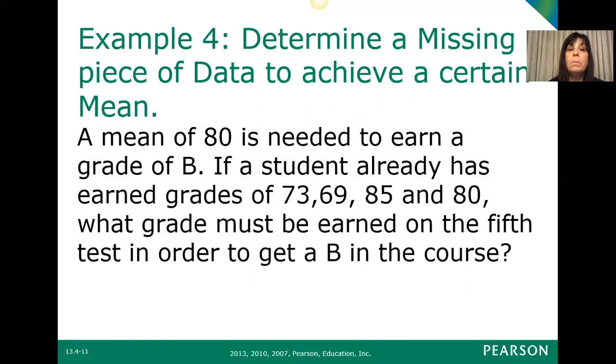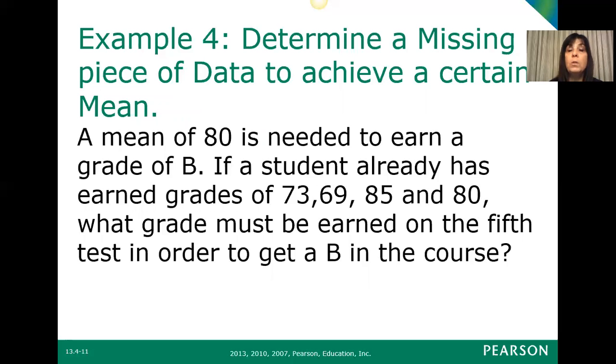Now, one other problem that's a little bit more difficult is what if you want to earn a certain mean? So if I want to achieve a mean of 80 and I already have some of my scores, so in this problem I want to achieve an 80 in order to earn a grade of B, I've already taken 4 tests,